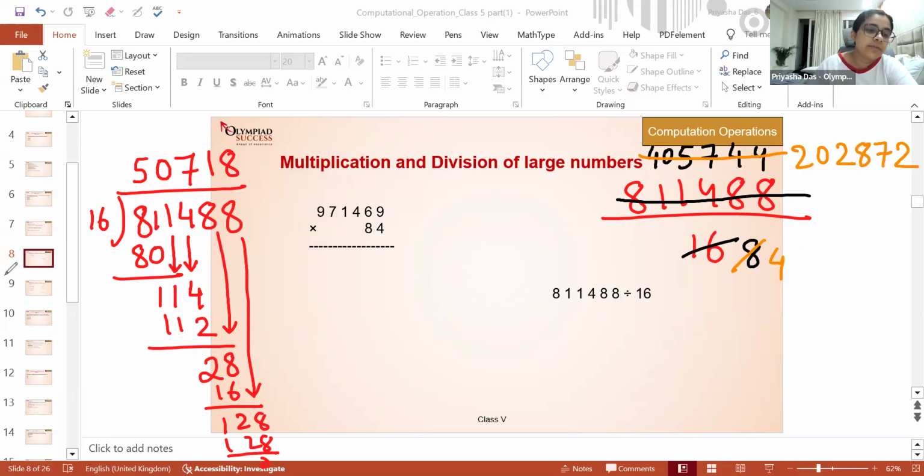Say Vedant. Ma'am, I did not understand the fraction method. We are just slashing the numbers by 2. We are dividing all of them by 2, 2, 2 because 2 is a common number here, Vedant. And if you're thinking, how did this number come? So all you have to do is do long division method of 811488 and divide it by 2. So if you divide it by 2, you will get 405744. Okay?